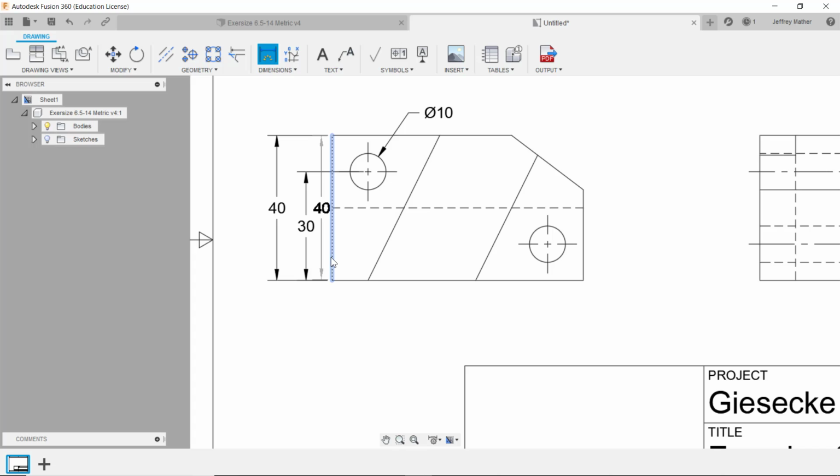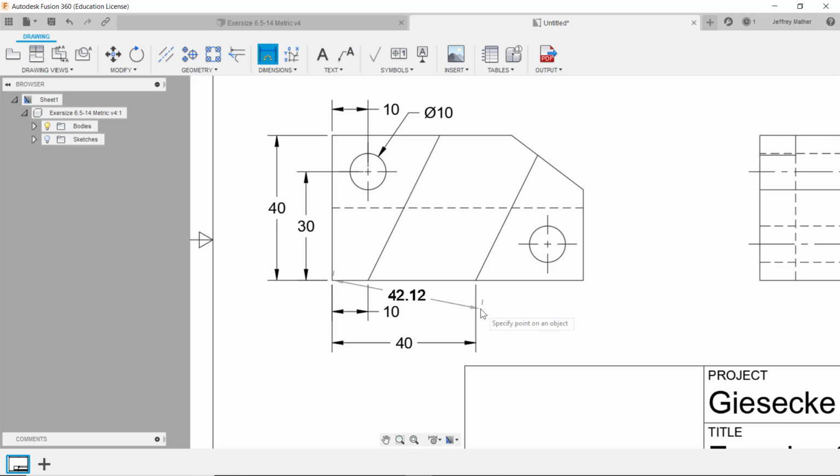The distance from this edge to this circle, and that distance is 10. And notice that's also the distance to this point right here. So I think I'll put this distance 10 up here so that there isn't any chance of confusion, and I'll put the 10 down here, and then from this point over to this point is the 40,